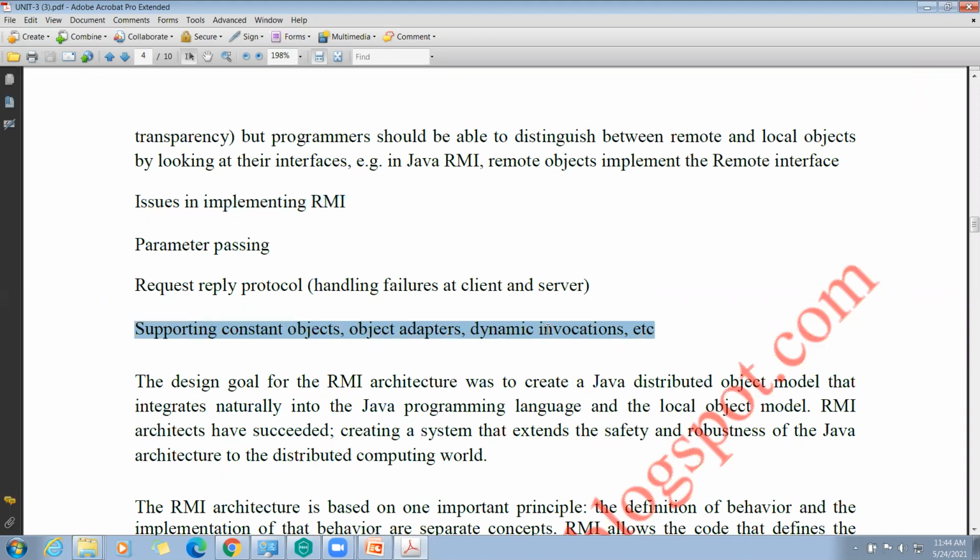What is dynamic invocation? It is an interface. It is also called the dynamic invocation interface, DII. It is an application interface which allows the dynamic construction of object invocations, and it is used to complete the